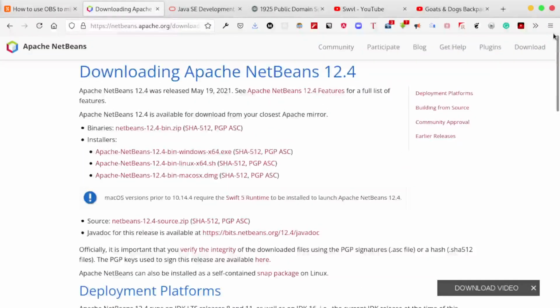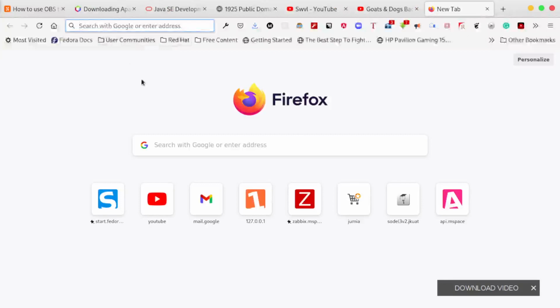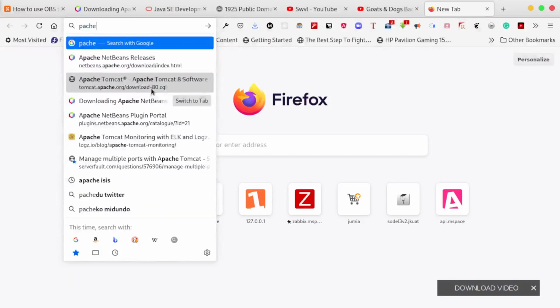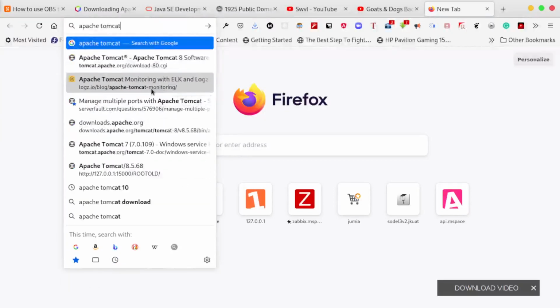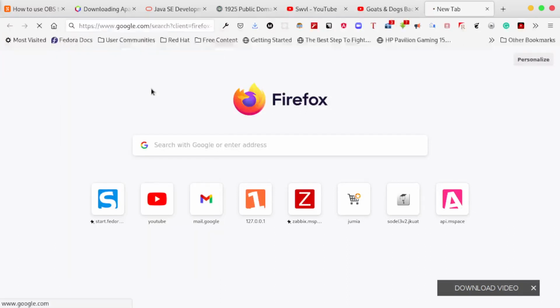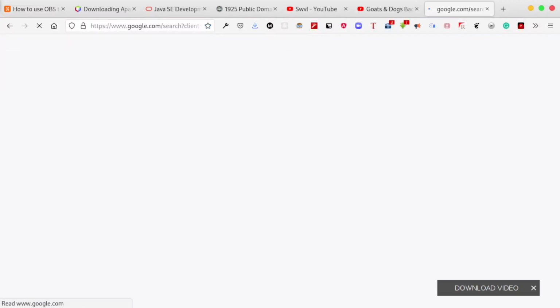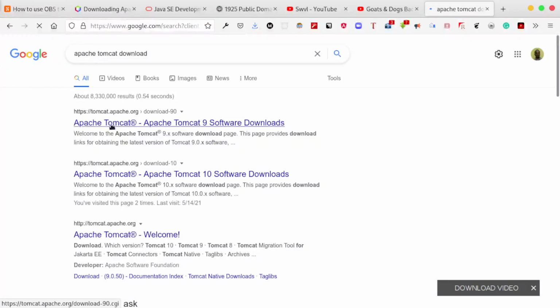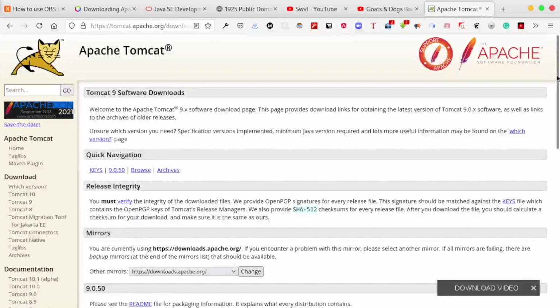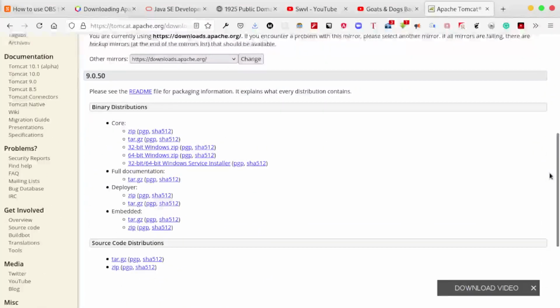When you are set with that, we can actually start, but I would maybe recommend that you also install Apache Tomcat. My favorite is Apache Tomcat 8. You can just go and search for Apache Tomcat download. Yeah, you are presented with this page here. They have Apache 8, Apache 10, and the rest. You can use 9 or 8 or 10, whichever.